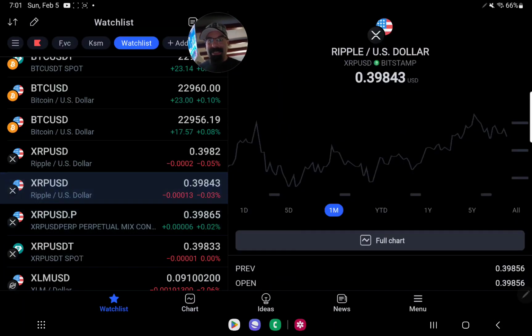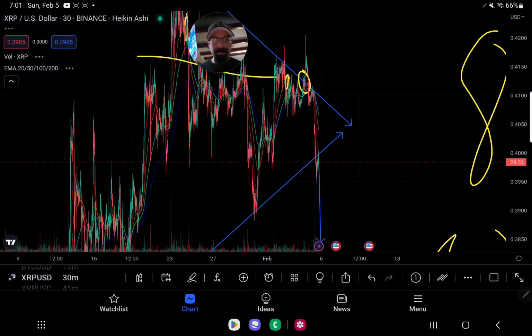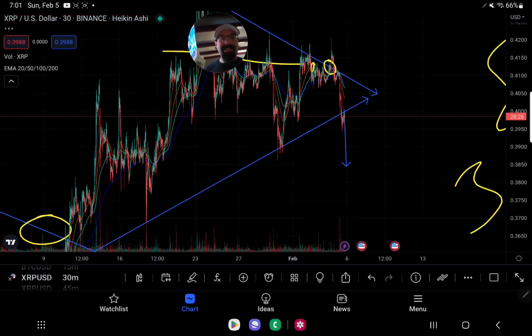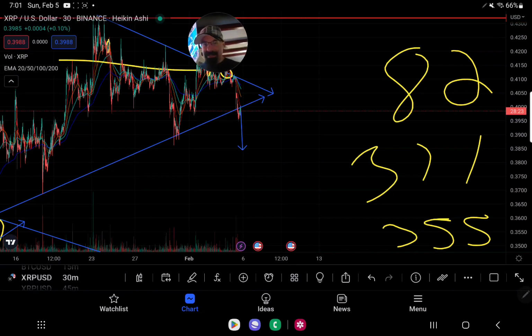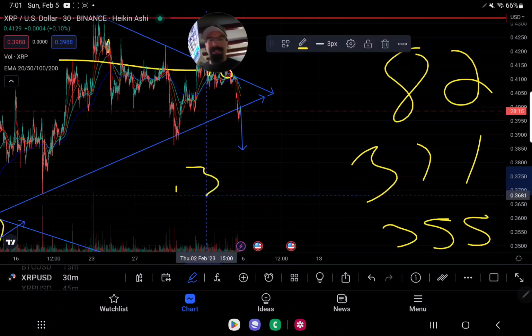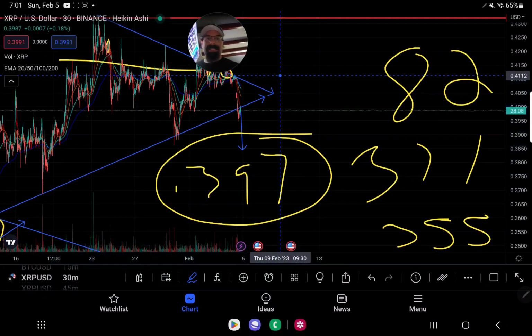XRP, despite what we want to say, it actually held. There's one area we can say XRP actually held. I know we're technically below this uptrending support up here, but there's a very key level, and I've talked about it a few times. I talk about it in my Telegram. The 0.397. XRP, even though it's below this uptrending support, in my opinion, as long as it holds 397, XRP is still not completely bearish. When you see it break 397 and hold it, so if it goes down to 397, goes to like 38.5 cents, 3855 or something like that, then pulls back up,